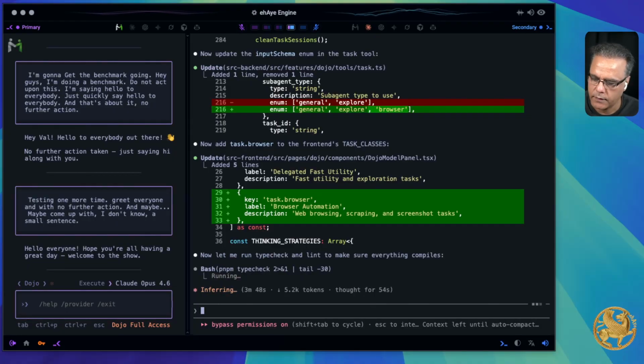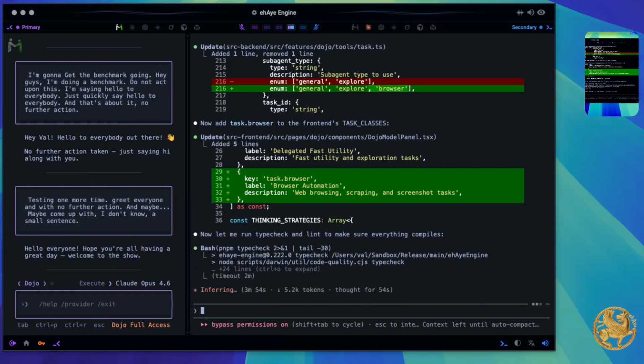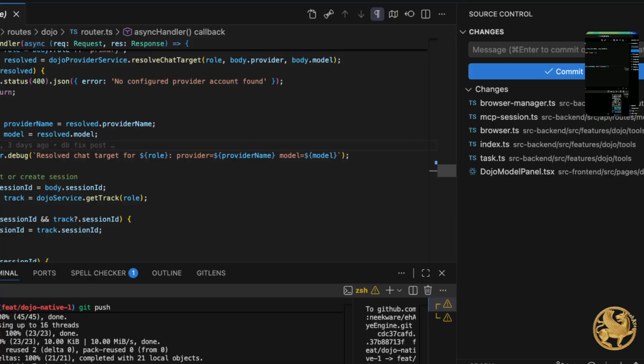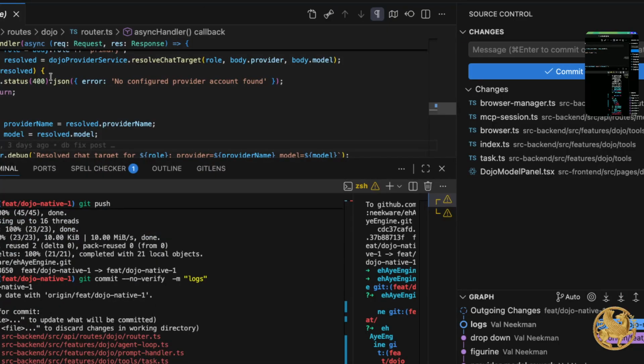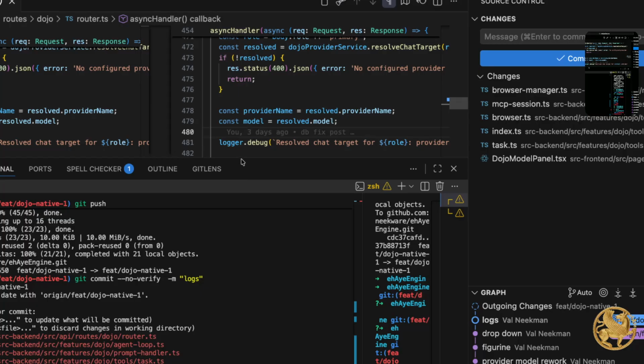Now let me run type check and lint to make sure everything compiles. Clean. Now lint. Two issues: architecture layer rule. Features can't import from API layer.